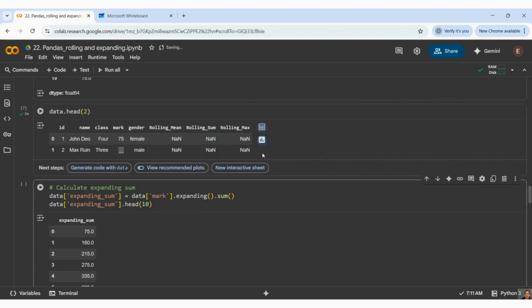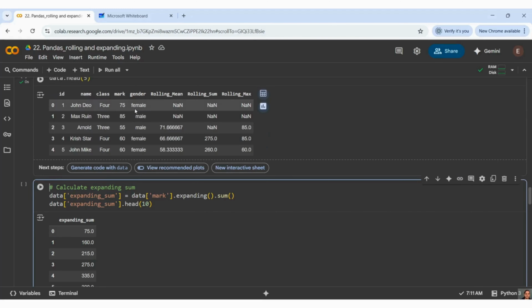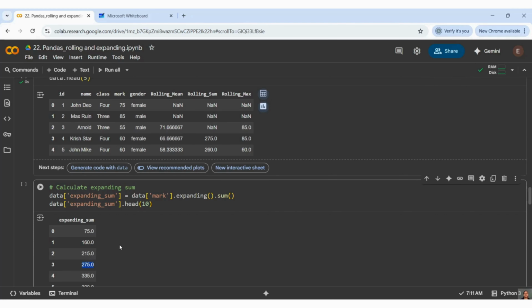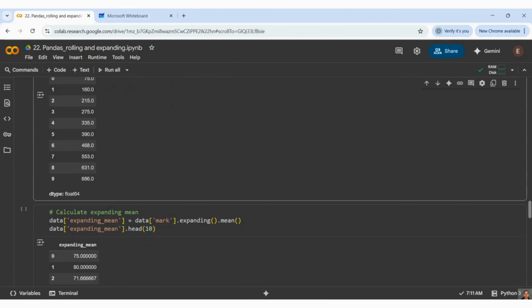Then 75 plus 85 plus 55, 215. Then 75 plus 85 plus 55 plus 60, 275. So like that, it is helpful for getting the cumulation of data, right?